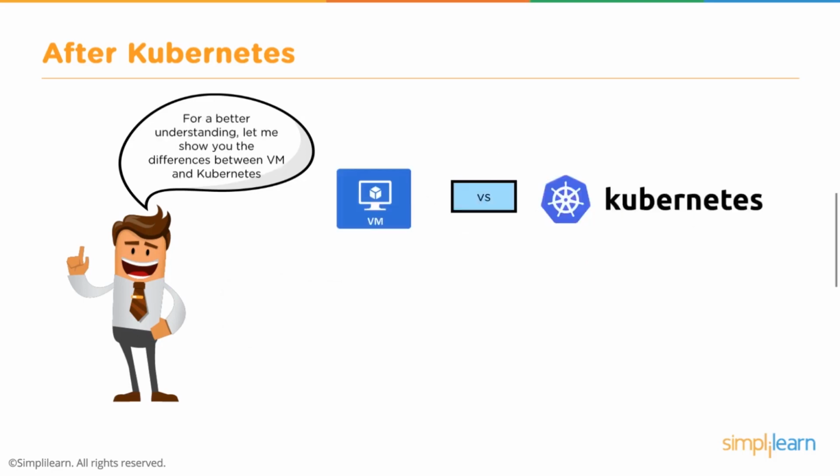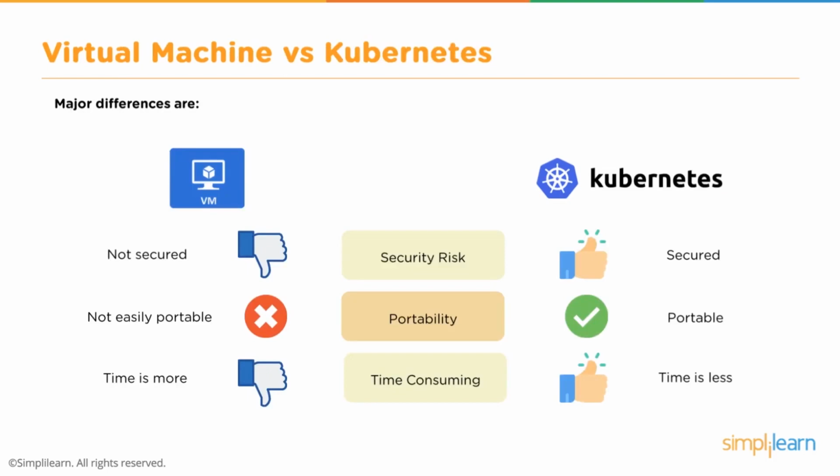So let's go through and look at the differences between a virtual machine and Kubernetes. And we've got a few here that we want to highlight, and you'll get an understanding of what the differences are between the two. So first of all, with virtual machines, there is inherently security risks. And what you'll find as we dig through the architecture later in the presentation is that Kubernetes is inherently secure. And this is largely because of the legacy code, the legacy of Kubernetes and where it came from. And we'll talk about that in just a moment. But Kubernetes is inherently secure.